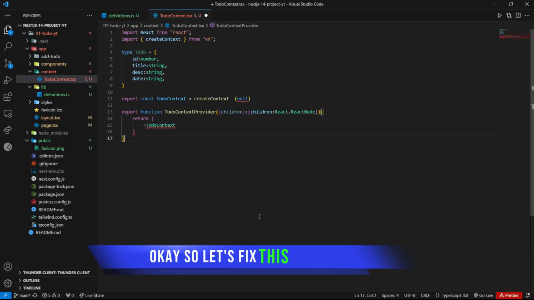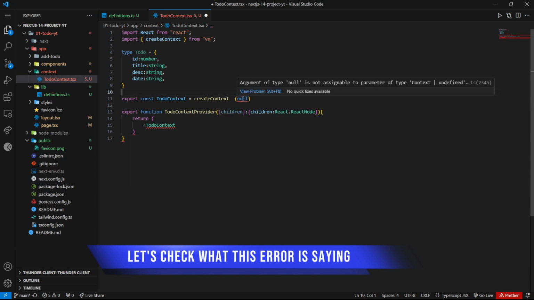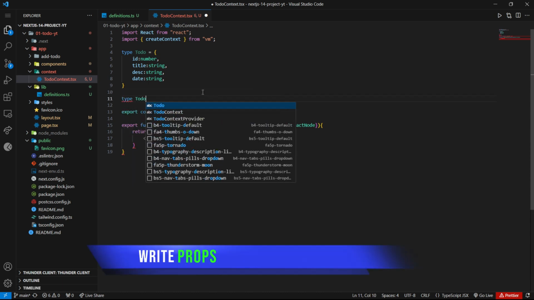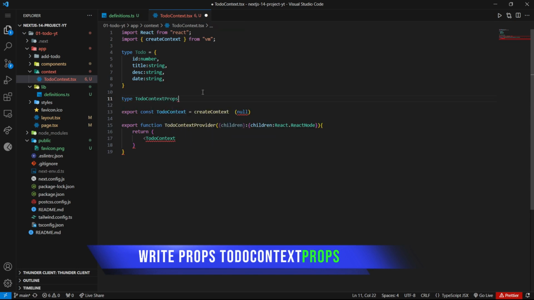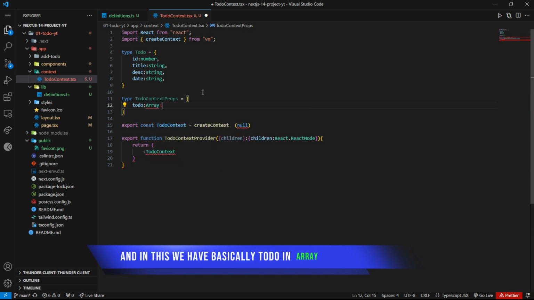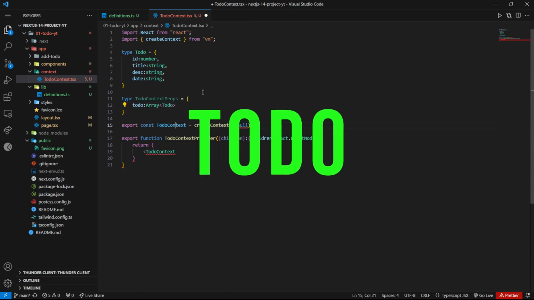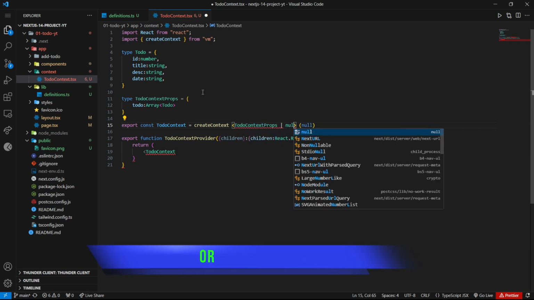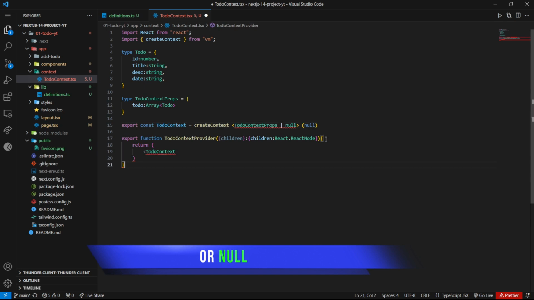Okay, so let's fix this error. Let's check what this error is saying: Argument of type null is not assignable to parameter of type context or undefined. So basically we need to write props for the todo context, and in this we have an array of todo. So here we need to specify todo context or null, and